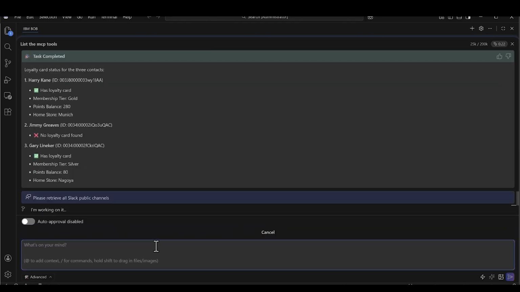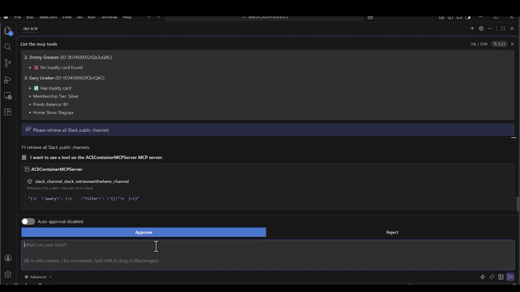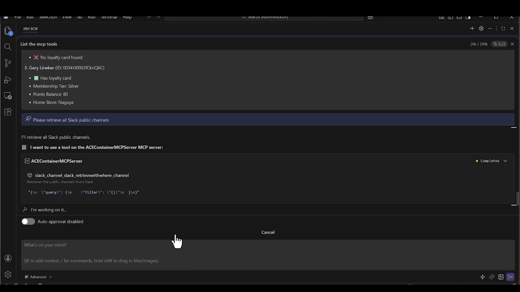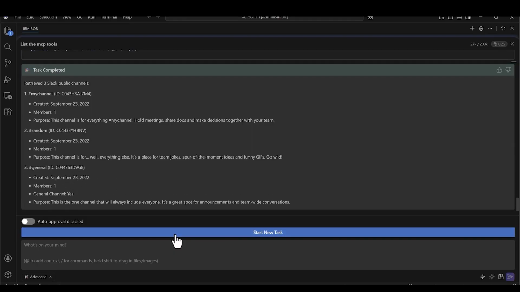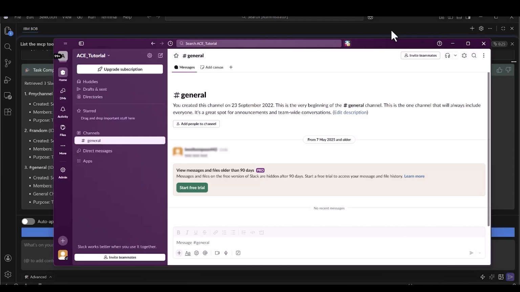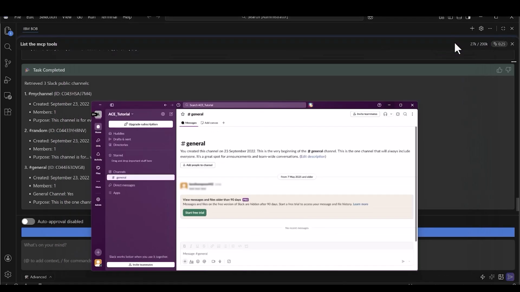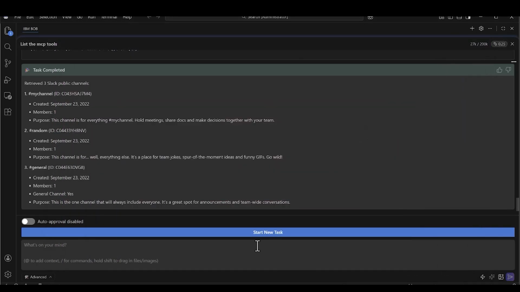Our last task is to get Bob to summarize all the information in Slack. So we've begun by asking him to retrieve all of the Slack public channels so that we can figure out how to send a message to the general channel. The responses come back with the internal IDs and the human readable names of each channel. Checking inside Slack, we can see that there's currently no message there,